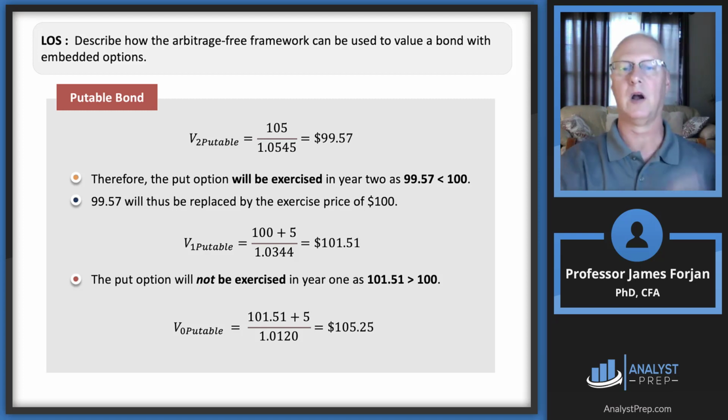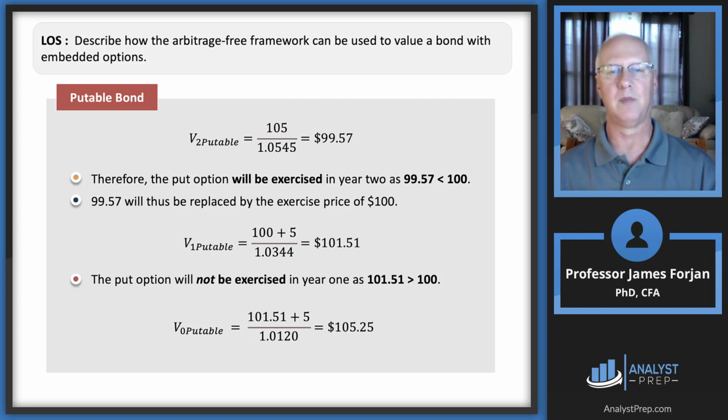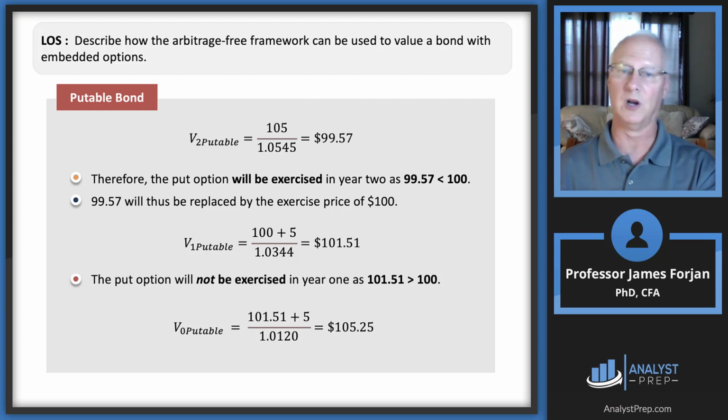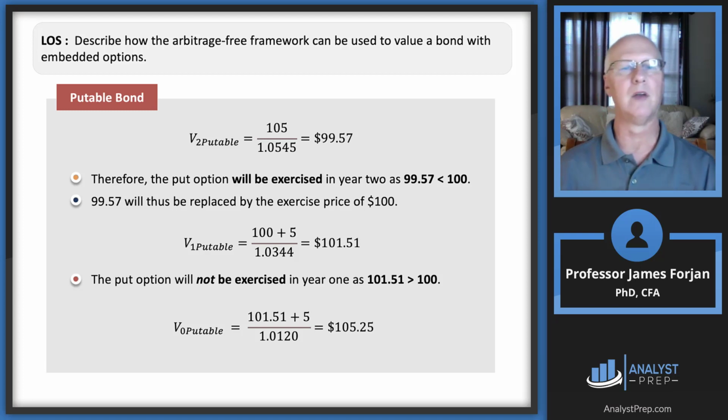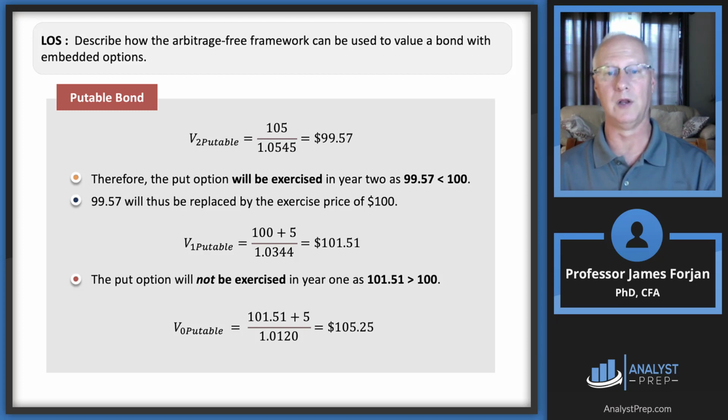So we're continuing our backward induction, value at time period 1 of the putable bond. Notice there's the 100 in the numerator, so that's the par value plus the $5 divided by that relevant forward rate. We get the 101.51. That's greater than the 100 par value, so the put option will not be exercised. So look at the very bottom equation, value at time period 0. There's the 101.51 because the put option will not be exercised, plus the $5 coupon, discounted at that first forward rate, which is the spot rate, of course. So you get the